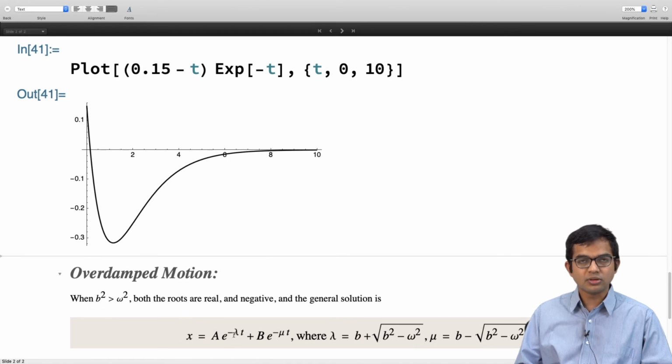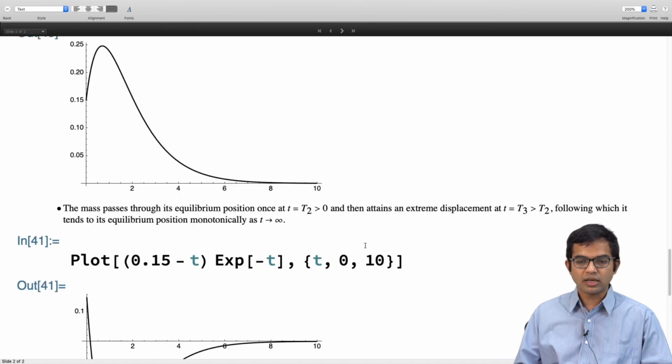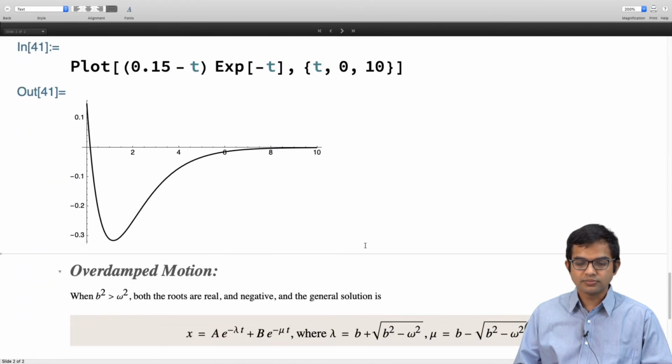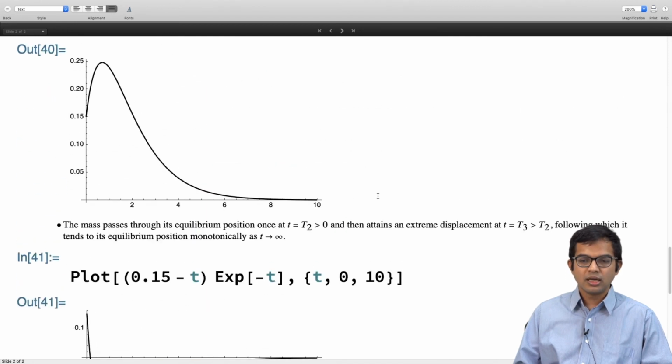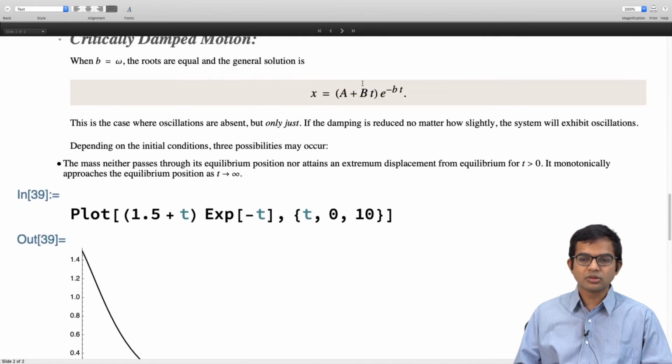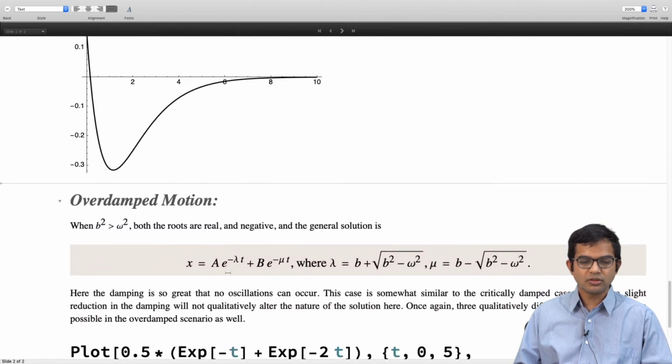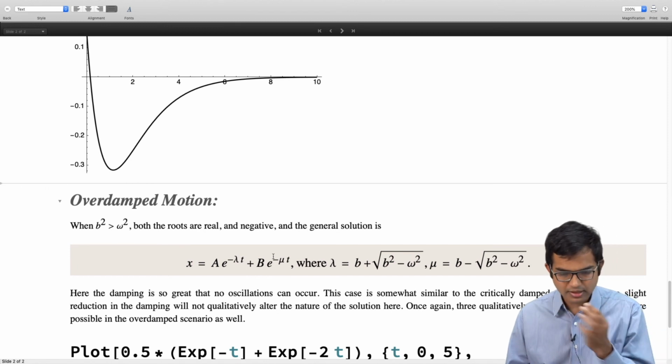So you have a times e to the minus lambda t plus b times e to the minus mu t, right? It's not a plus bt like here. We recall how if you have repeated roots, we have to put in an ansatz of this kind, t times e to the minus bt comes in here because of the repeated root, right? Whereas here you have to find two independent solutions, and you just work with e to the minus lambda t and e to the minus mu t, so that's your particular solution.